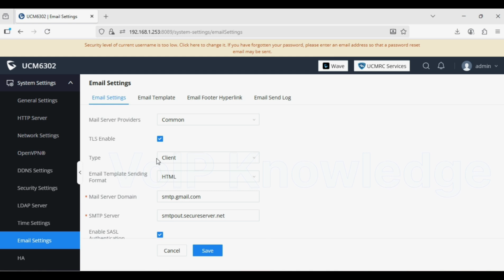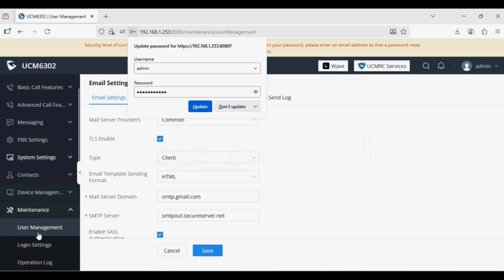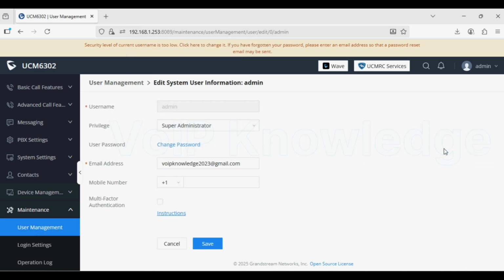After that, test the connection to check whether your mail is configured properly or not, and then navigate to the Maintenance option, User Management option,